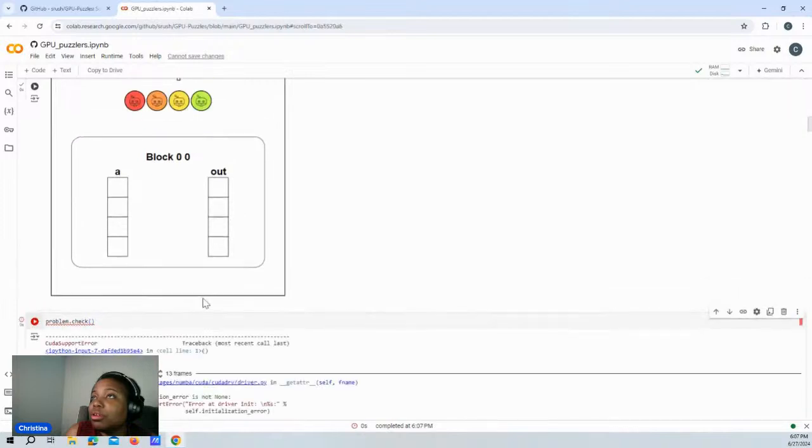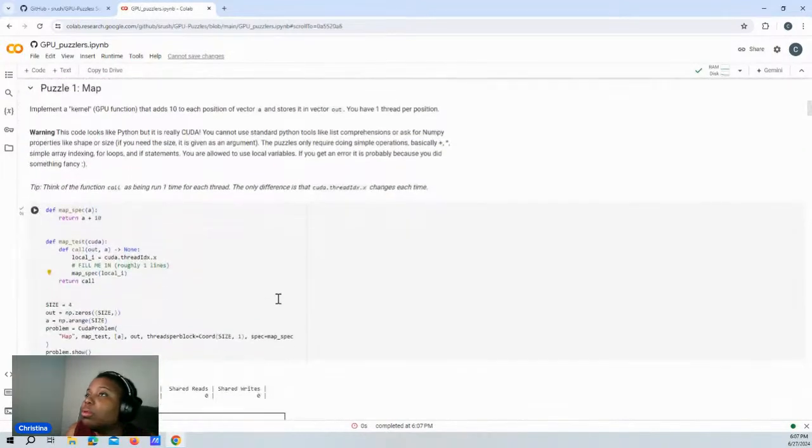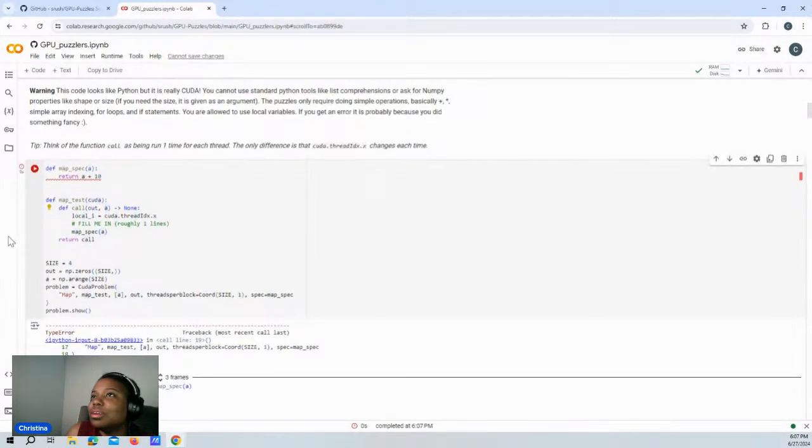Problem check. No. Oh, wait, I'll put A. See, silly me, I didn't see that A. I'm looking at this, and the only other variable right here, but the input is there. So,